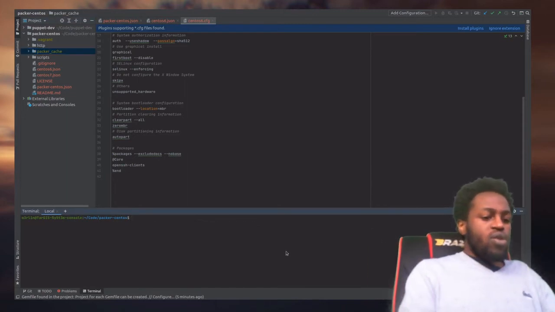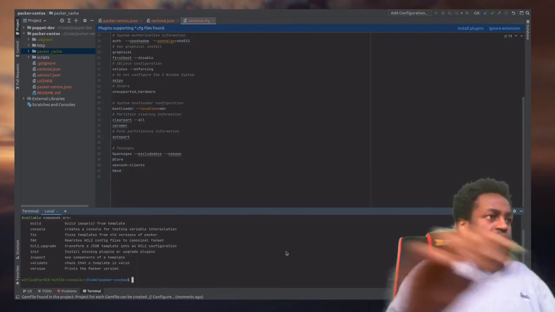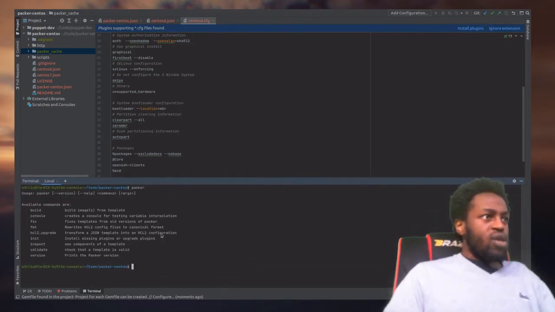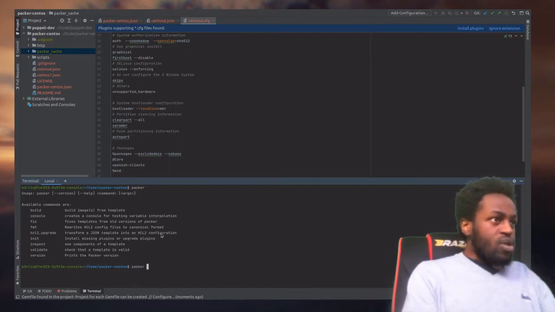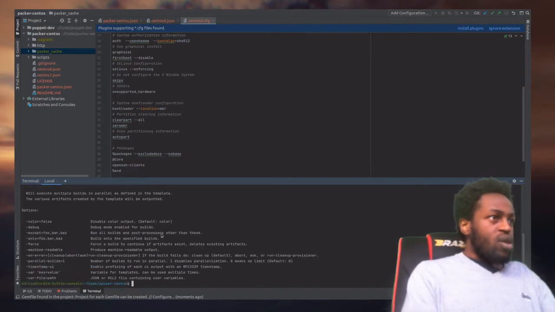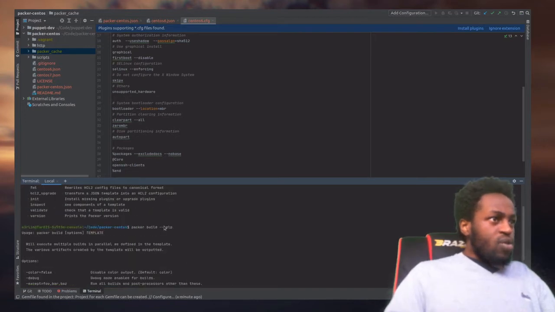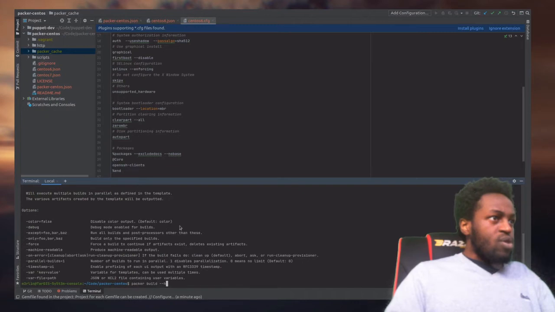so in order to start building, it'll be a simple task. So we go to the command line, we run Packer here, which you can get from the HashiCorp website. Then we say Packer help. Well, this is the Packer help command, but what we want to do, Packer build. And what we want to specify here, we want to say first and foremost that we want to only build for a particular system. So we're gonna say